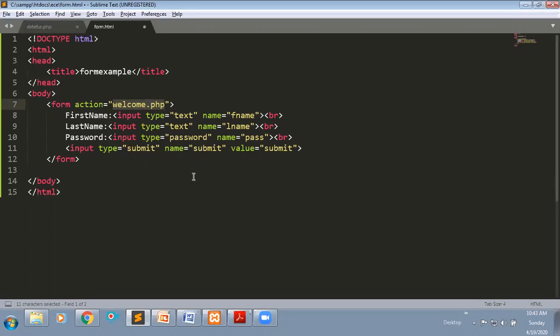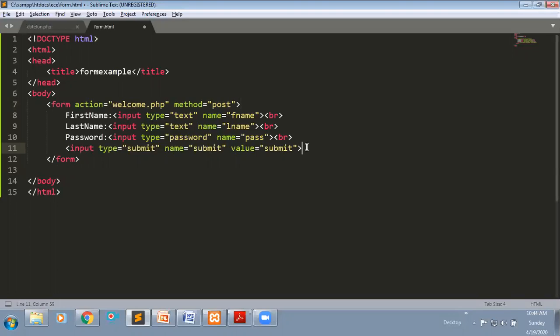While submitting your data, it will take two methods: one is the get method and the other is the post method. I will discuss the get method and post method later. The data is transferred over the HTTP protocol using HTTP methods, and by using these two methods the data is transferred over the network.